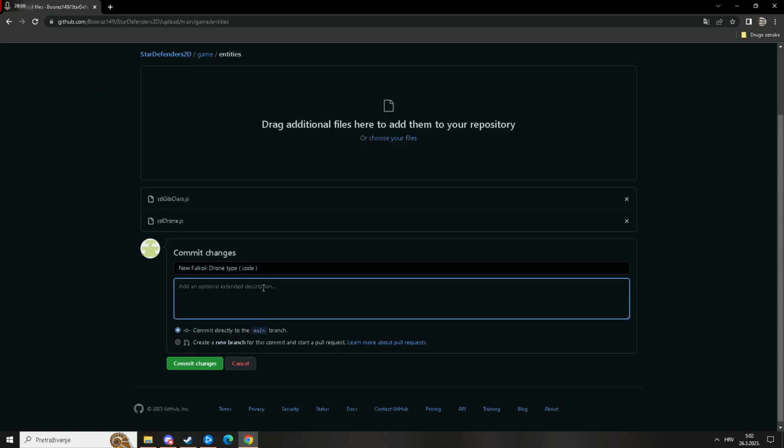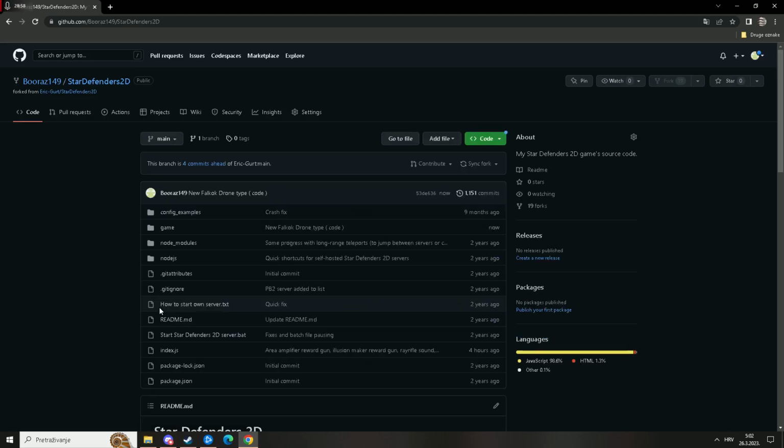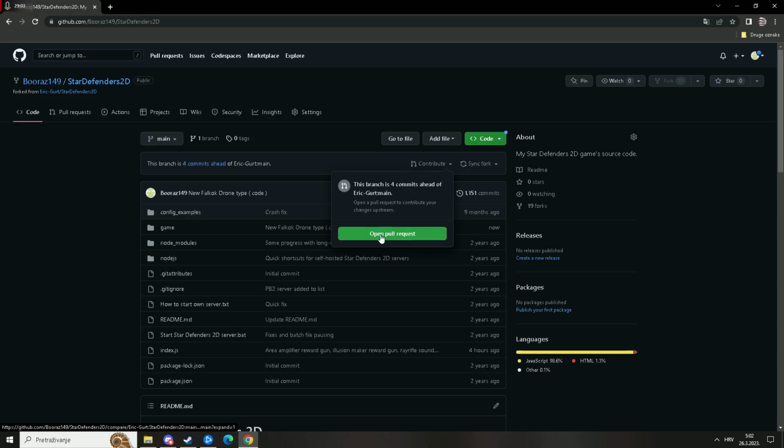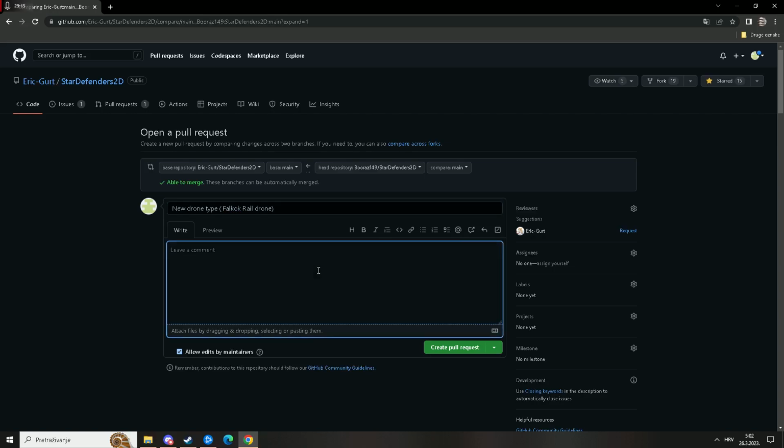And you should probably add a description, unless you're gonna do it in the pull request. But we're gonna do it in the pull request, so yeah. We are 4 commits ahead. You're gonna click on this contribute part. We're gonna open the pull request. And we're just gonna name it new drone type. And now you need to add a description about the drone itself to describe it,